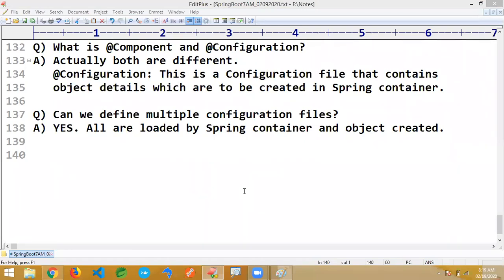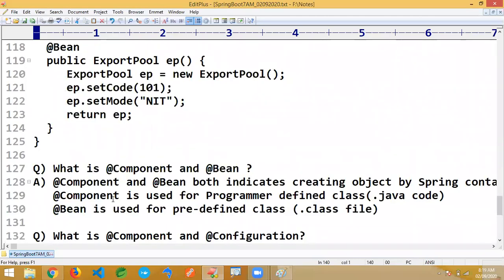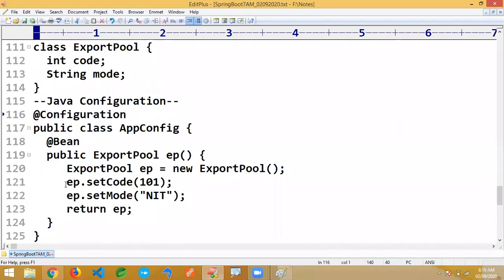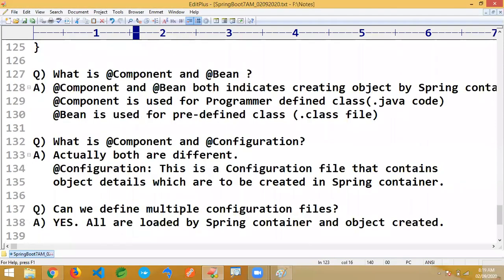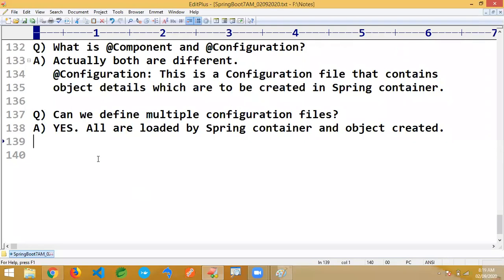No, we are not using @Bean to modify the predefined class. I am writing a separate class, using the class and creating the object. How can you call that modifying the class? Also, no XML configuration, we are not going to work with it here. Spring Boot has zero XML configuration.